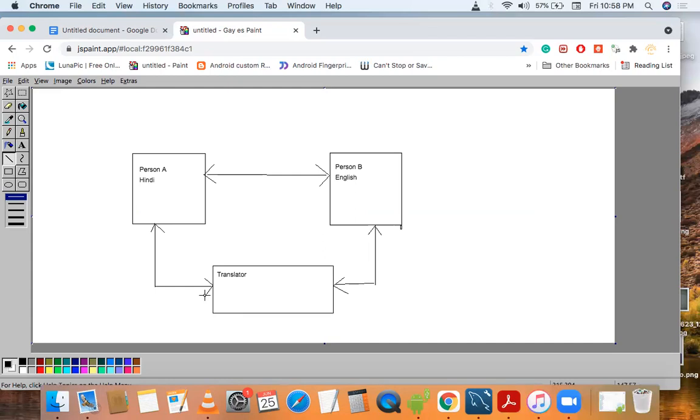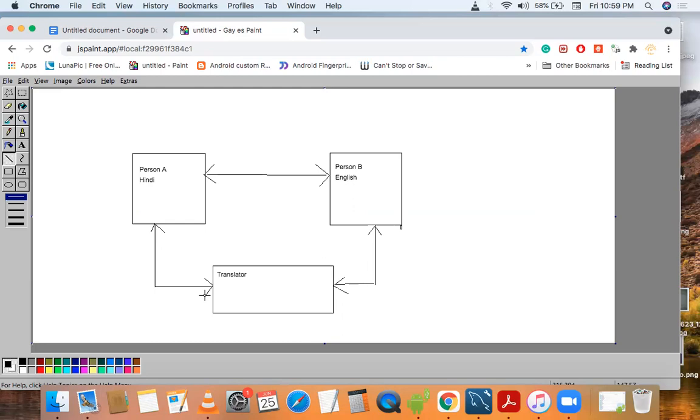The same scenario applies to our system, because our system knows only binary language, and we as users can provide input only in English. So in this condition, we will require a translator.